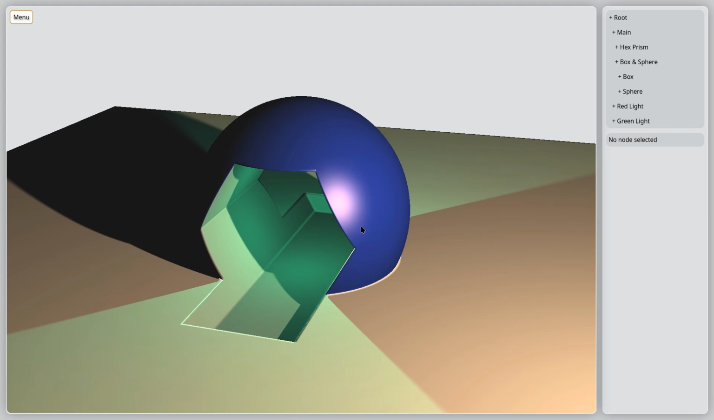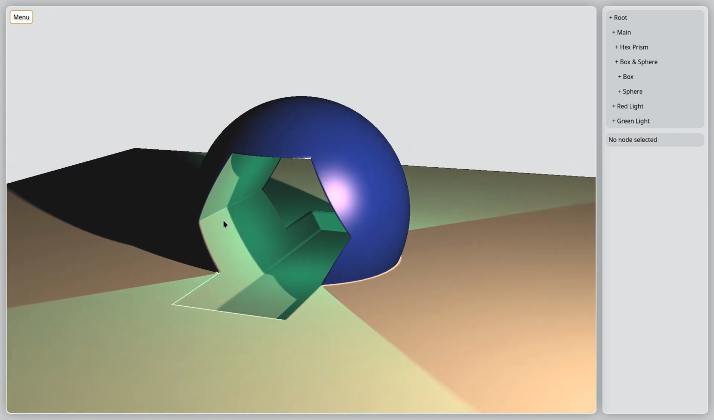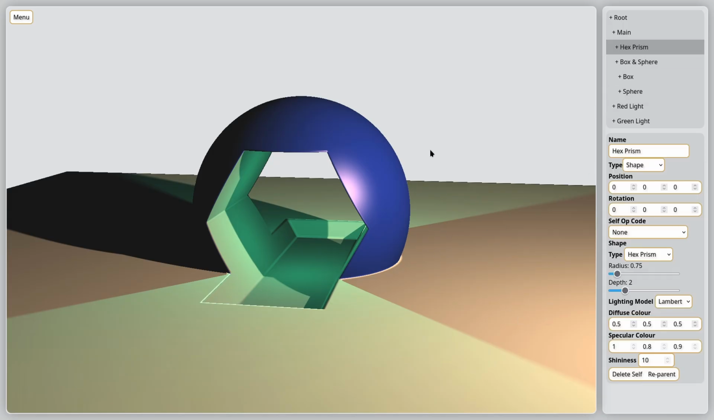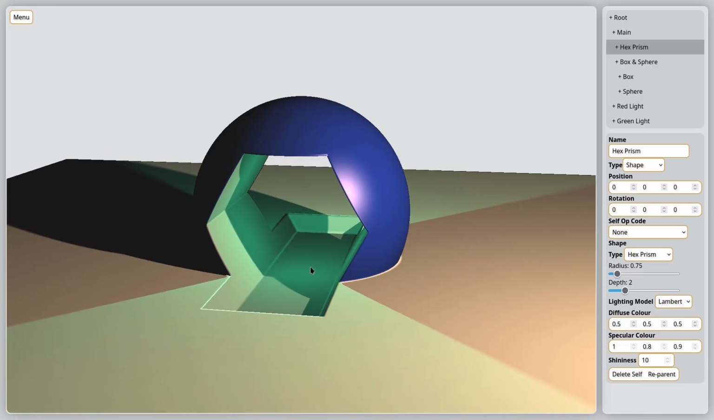It's all representations of surfaces using maths to define how close you are to a surface, which is where the signed distance field, or SDF, comes from. So all of this is effectively procedurally done. You can affect this, the size of this hexagon prism, hex prism,